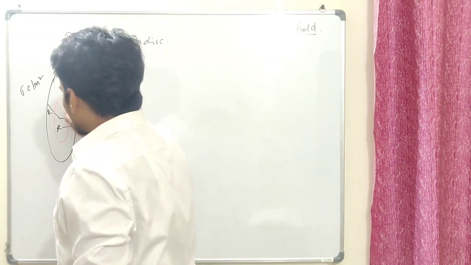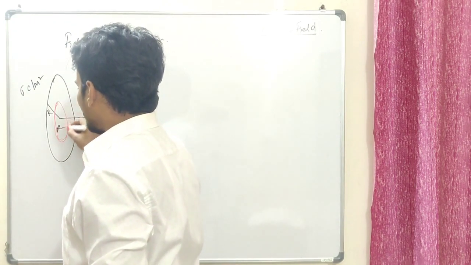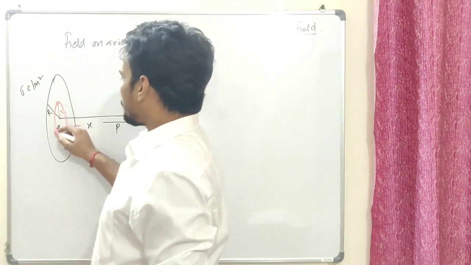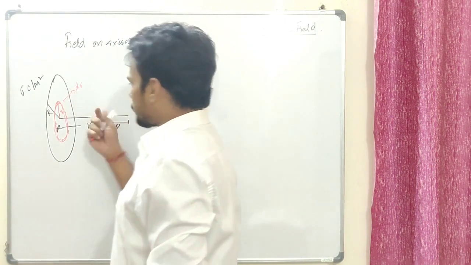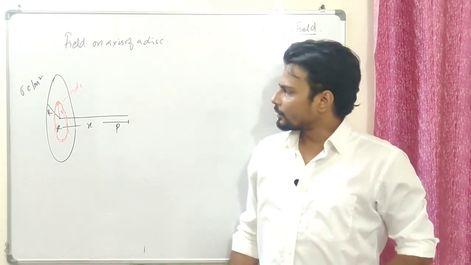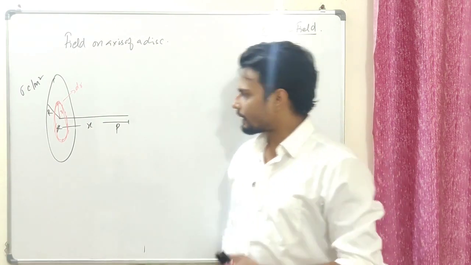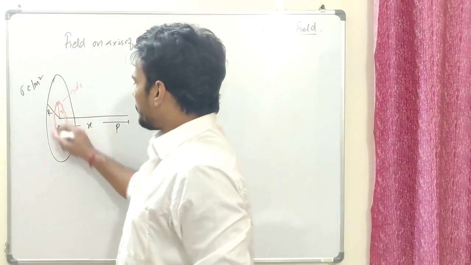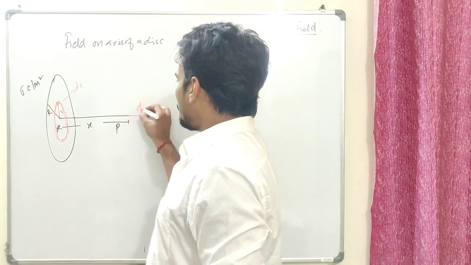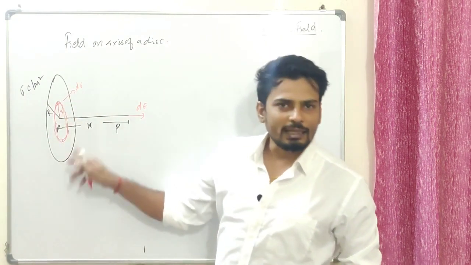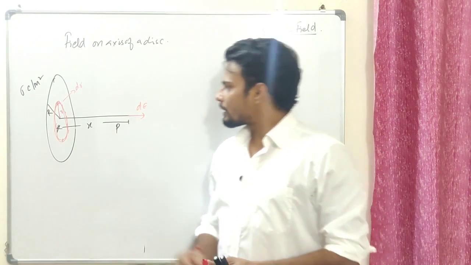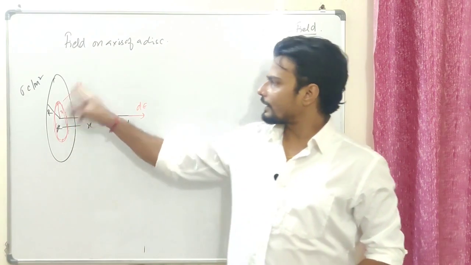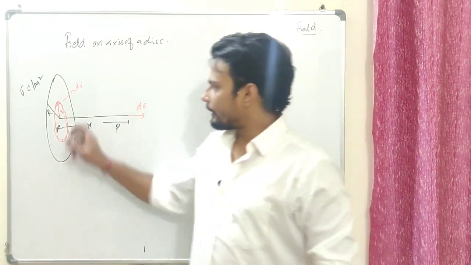Let's have a ring as an elementary particle of a certain width, let's say dr, of radius equal to small r. So the width of this elementary particle I'm going to choose as dr, a small width. We cannot choose a huge width, that again becomes a difficult disk itself. Now over here we'll be having a small dr. Now I'm going to find the field because of this, that we already know. So let's say dE is the field because of this small ring that we've chosen. Guys, don't be confused. This dE is the field because of this elementary ring, whose width is given as dr, and the radius is small r.